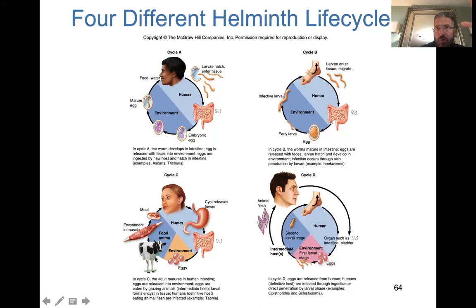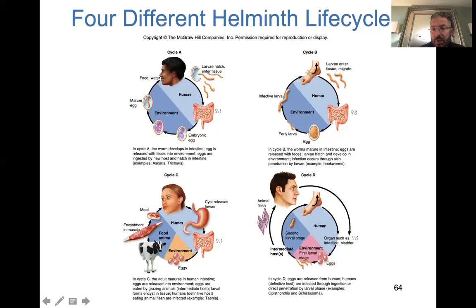Somehow the human feces got into grass or the pasture, or whatever, the cow's consuming it. They eat the eggs, and it gets encysted in their muscles. So it's literally growing in their muscle tissue. If we consume that meat and we haven't cooked it to the proper temperature, now we have these worms in our GI tract. Because not all of them, but most of them are going to get through the stomach, into the duodenum, and then they get released in there.